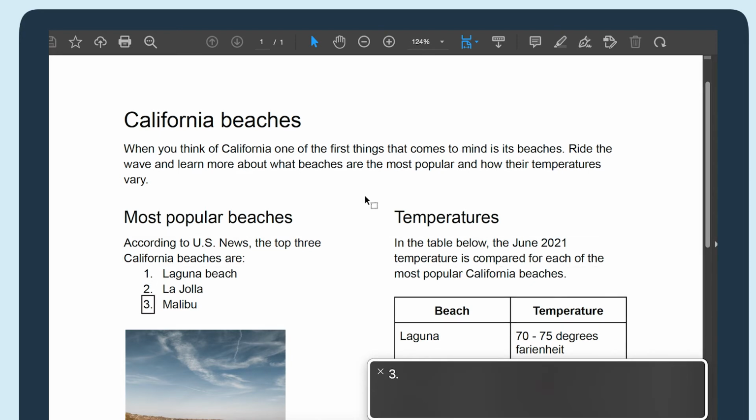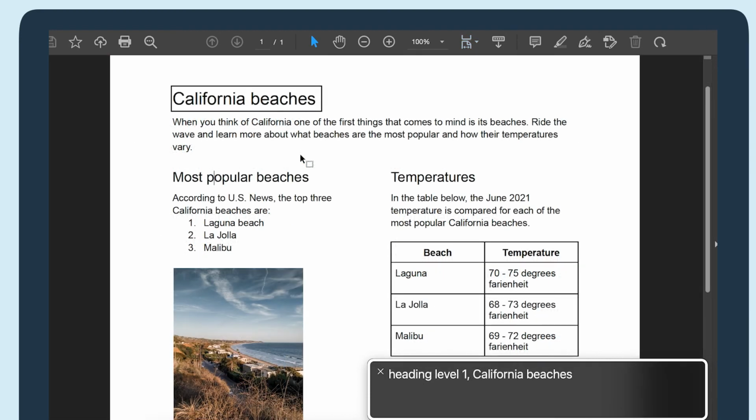Because the PDF's reading order is wrong, the screen reader reads the columns from left to right instead of going column by column. Now the PDF is tagged and has the reading order corrected. Tagging the PDF and correcting the reading order can be a tedious process the more complex your documents get. Okay, let's hear the difference.